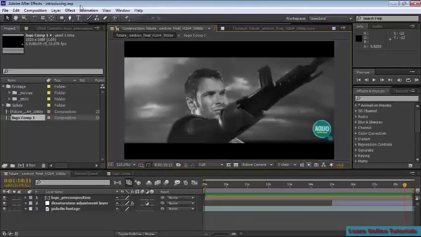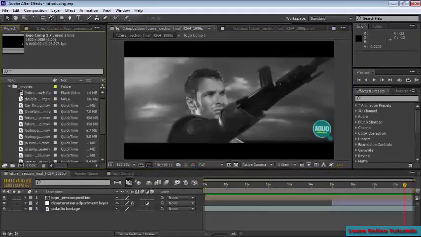You'll almost always import items into a project. We refer to these items that are imported as source files. Within a project, source files are used as the basis for footage items. Here in the project panel, we have some folders into which the footage items have been placed to keep them organized. If I click this triangle, we can see all of the footage items that I've placed in the Movies